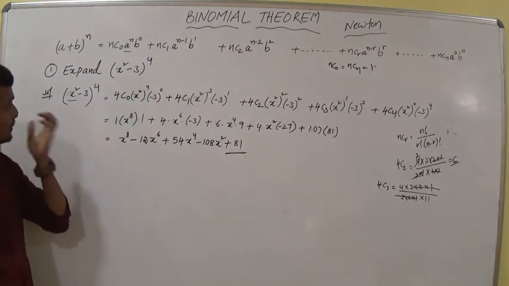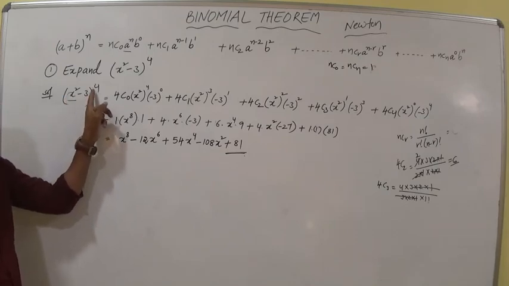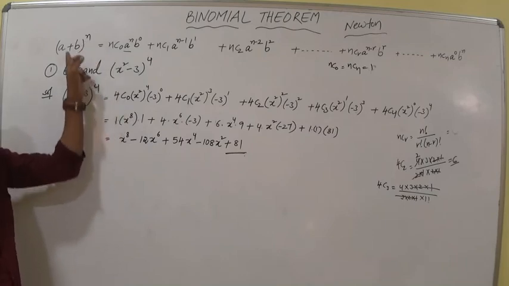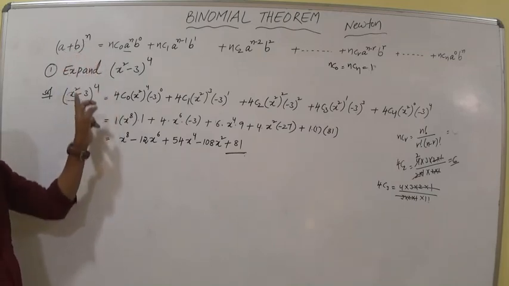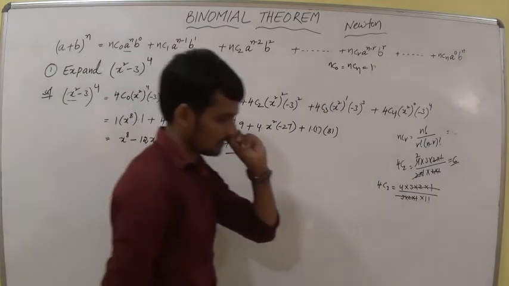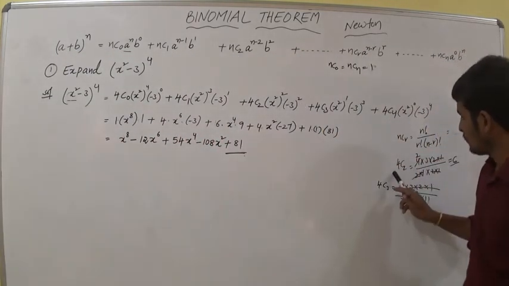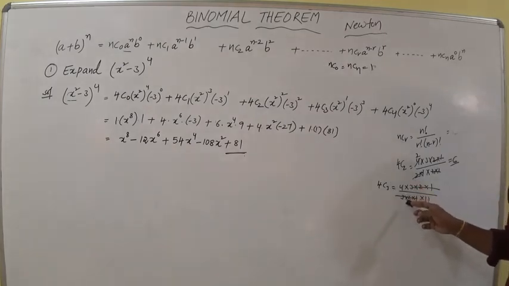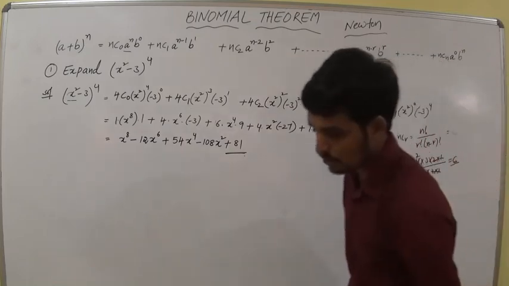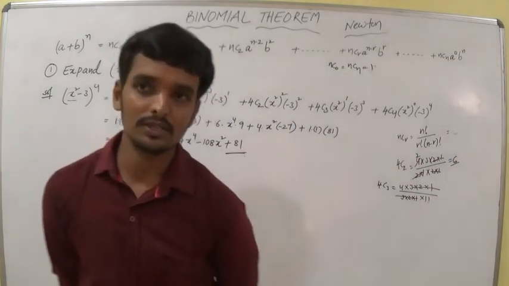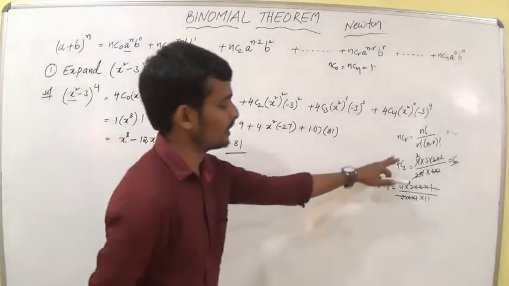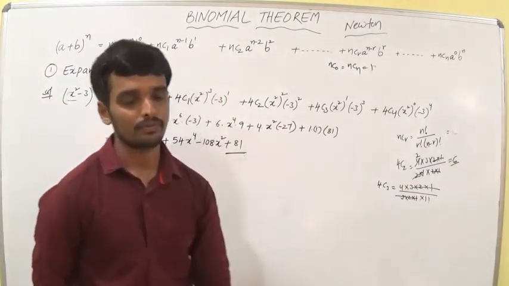So they are asking (x square minus 3) whole power 4. So we are taking in the place of n, 4, in the place of a, x square, and b, minus 3. We can expand and simplify. So you have to get some knowledge to simplify 4C2, 4C3, 4C4 and so on. As I gave you homework yesterday for getting more knowledge on this, if you keep doing like this, you can simplify. Okay.